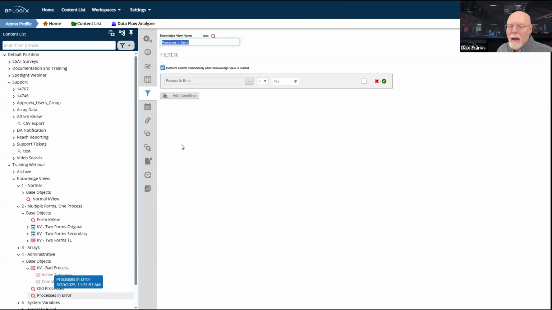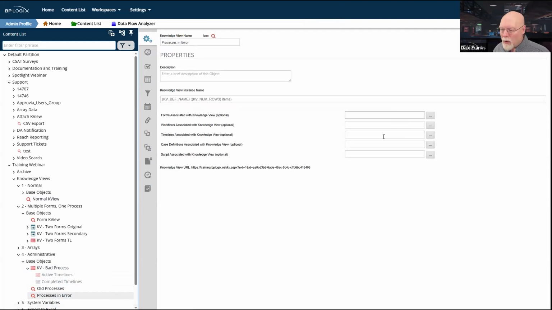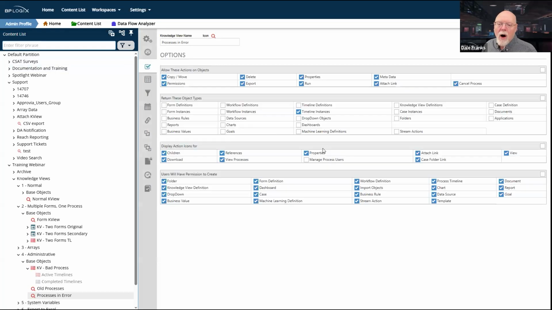Now, what I had to do, it needs this filter. I only want to return processes in error. I don't want to select anything on the Properties tab. On the Options tab, I'm leaving everything on because this is obviously an administrative knowledge view, and I might want to do any or all of these things. But the one thing I have done is ensure that it only returns timeline instances.